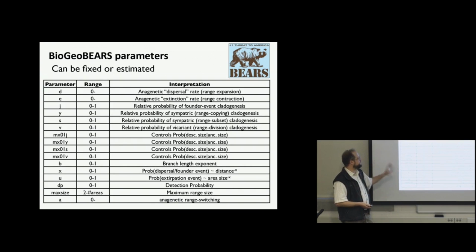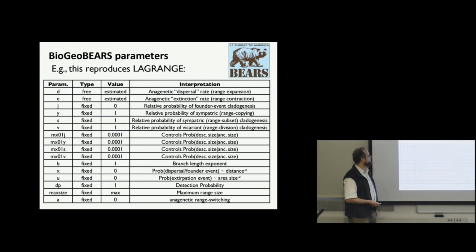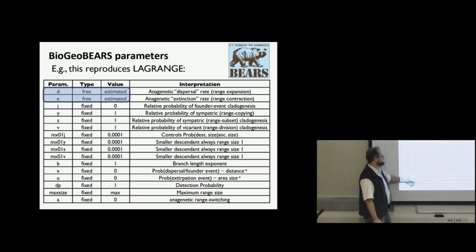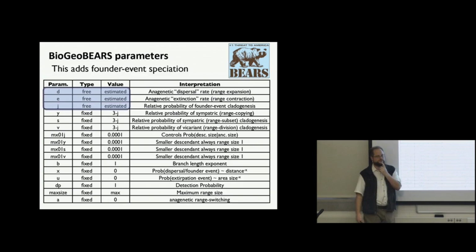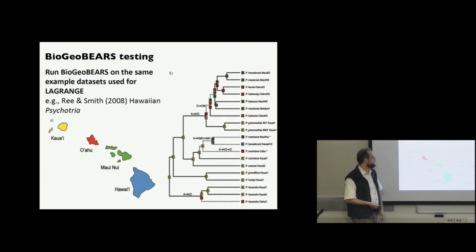This is way too much to absorb, but basically there's a lot of parameters that you can have be free or be fixed. If you implement just a typical Lagrange analysis, you have 2 free parameters, and the rest are fixed to these values, and this is what reproduces a Lagrange DEC analysis. If you want to do a DEC+J, to add jump dispersal, all you're doing is changing one parameter from being fixed to 0 to being free. There are many other models accessible from this framework, but testing them all is something for future work. So if we go back to this Hawaiian Psychotria example,